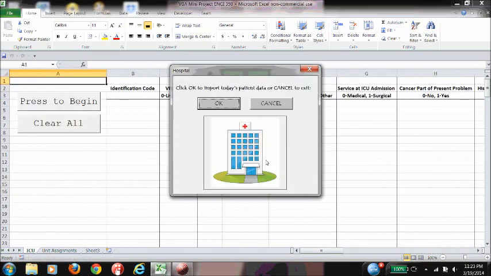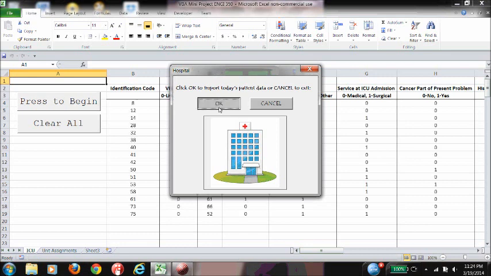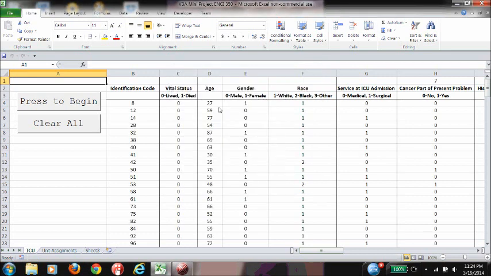And then it's going to say click OK to import today's patient data. And actually that patient data is located in an Access file. So using VBA, I was able to call that data from the Access file, and we're going to insert that into this spreadsheet. So they press OK. As you can see, the